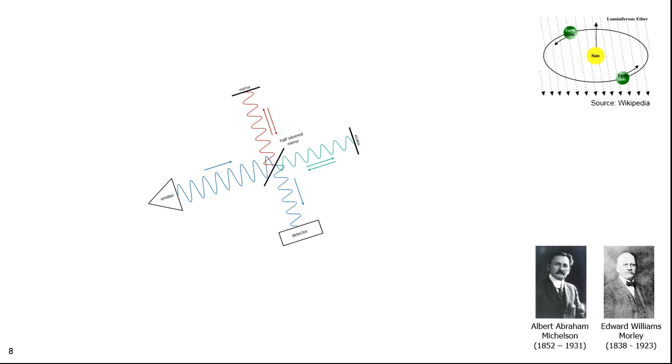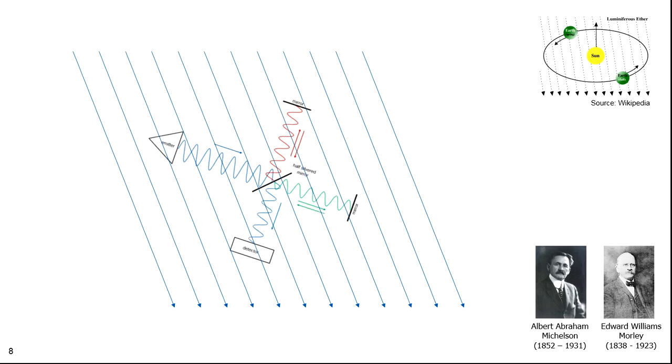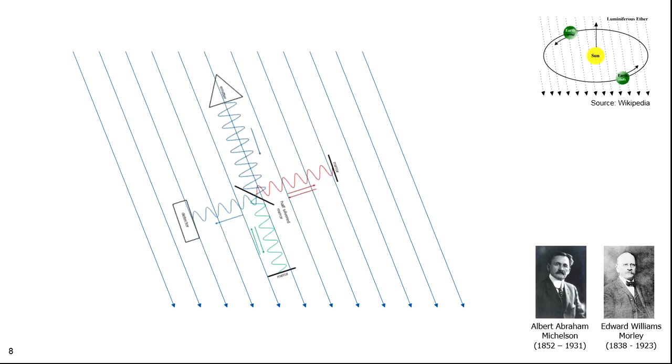The apparatus is initially set up and adjusted so the two beams are in phase. That's done by moving one of the mirrors. Then, if the apparatus were oriented along the ether this way, the red beam would experience more drag than the green. If the two beams were in phase in this orientation, they would certainly not be in this orientation. Look at the small graphic on the right.